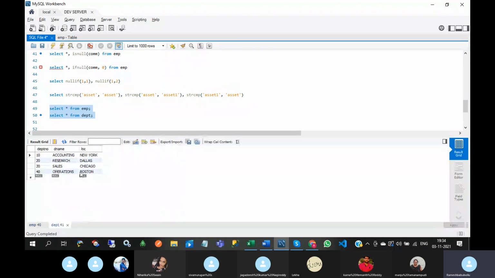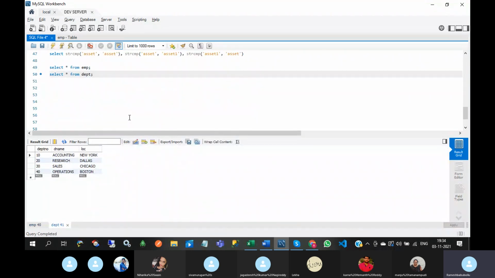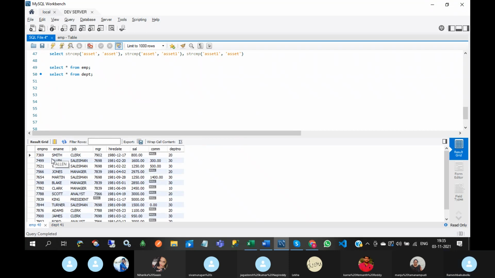See this here. I want the employee details whose department name is accounting. Okay, so here the input is department name accounting. In this case, how to write the query? First of all, the accounting department name exists in which table? We need to find the department table. And employee details exist in which table? The employee table.